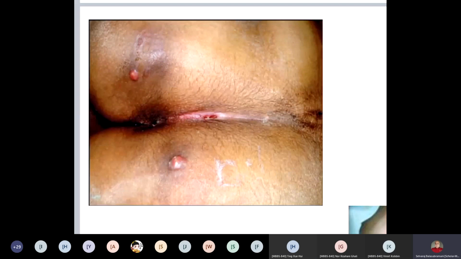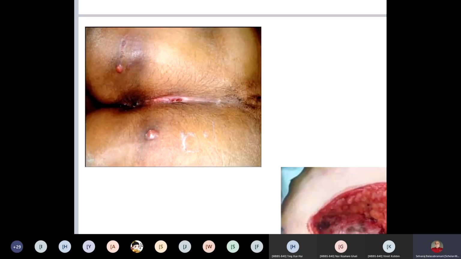Pilonidal. Okay, usually these patients will be having a congenital opening. Through that, all the hair will go into that. It will be sucked into that, and then that will form granulation tissue and then abscess also. All these abscesses will come through the lateral sinuses. So this is called pilonidal. Pilo means hair. Nidus means it is hidden. Pilonidal sinus: hair is hidden inside this cavity and a lot of pus also will form.